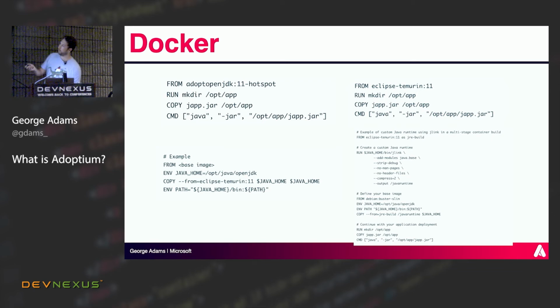And then we also have this slightly more complicated example here, which is a multi-stage Docker build. The idea there is that we're trying to encourage more people to use JLink. If you aren't familiar, with JLink you can build a bespoke binary distribution yourself that only contains the modules that you need. We've seen a lot of customers, for example with Alpine, that want a super lightweight Docker container. They're sick of 250 megabyte JVMs. And actually, they're able to get a JDK that's less than 30 megabytes by just shipping the java.base module, which nine times out of ten, if you're running something like Alpine that's headless, is enough. You might have to include things like crypto or SSL.